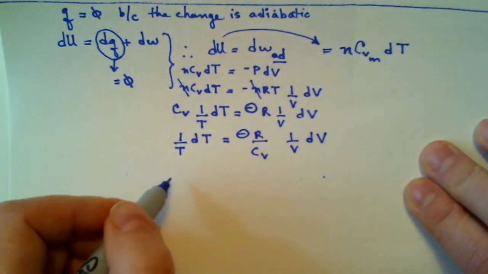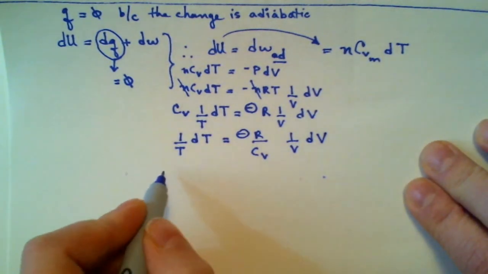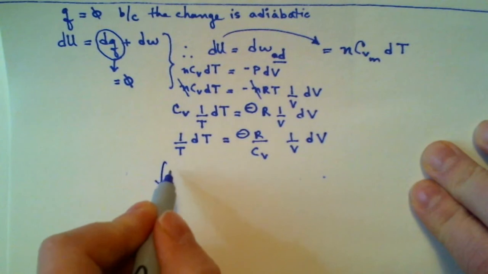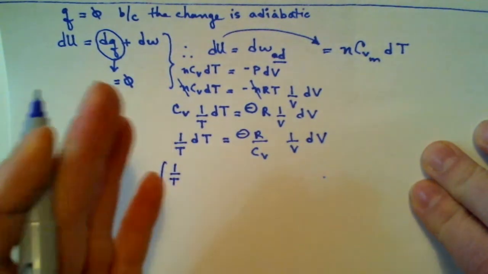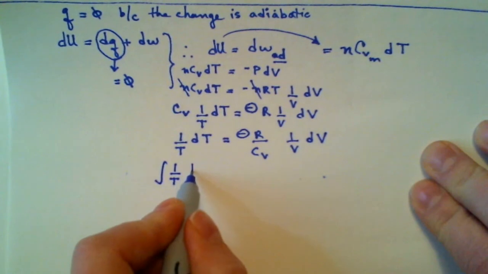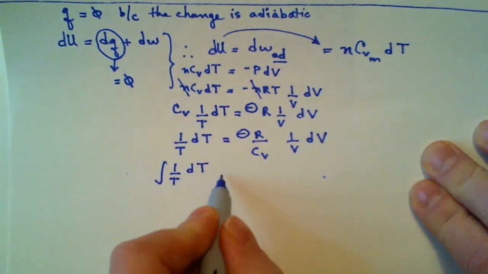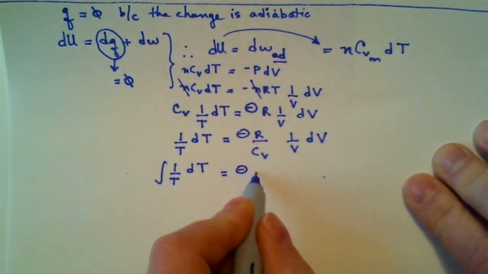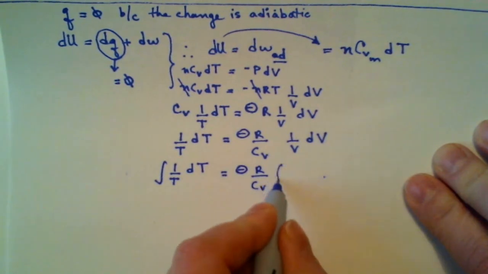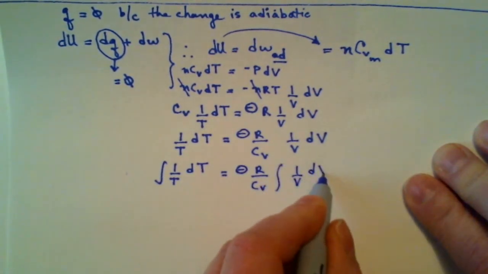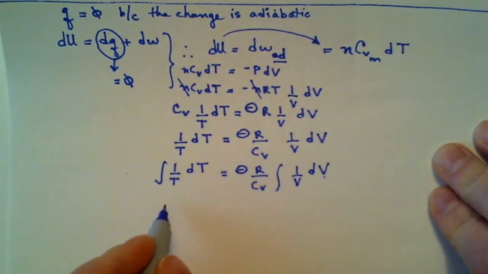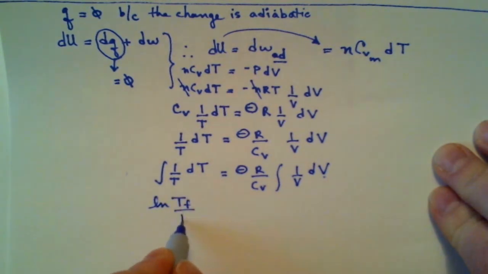Okay? Now what? Well, now I want to integrate. And just for the purpose of this, I'm going to write this out with integral signs instead of skipping that step and just saying, now let's integrate, and we'll do it in our head. So integral 1 over T dT, nice, easy integral solution to solve. What is constant stays in front of my integral sign, right? And now I will solve this between the limits of T final and T initial, or T2 and T1 respectively, and that solves as the ln of T final over T initial.